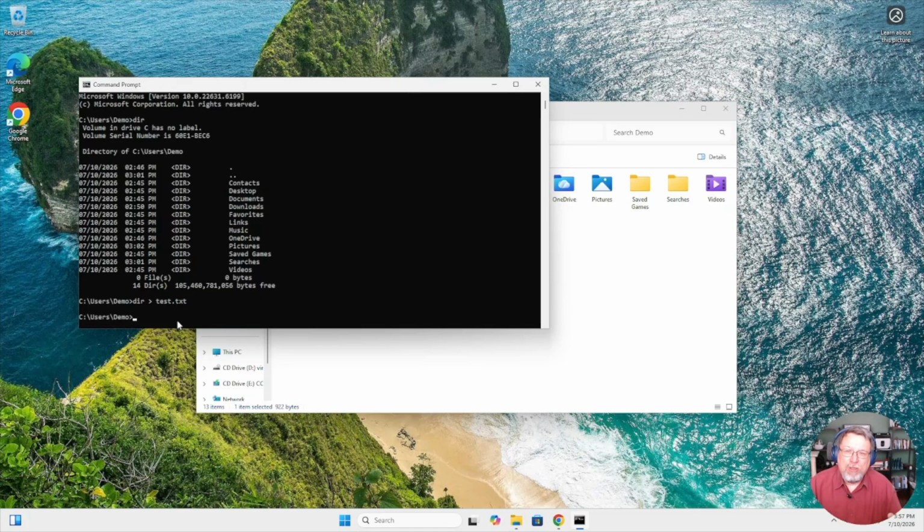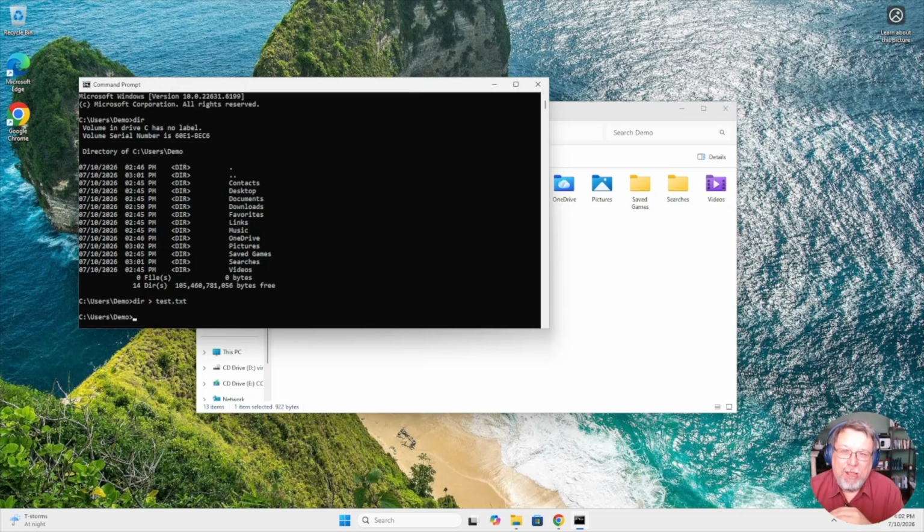Everything you do in the computer is based on issuing a series of commands. In this case, show me the directory, followed by write it to test.txt. The command prompt, though, really only excels at doing one command at a time. A programming language specializes in doing commands in series, which is what we're going to look at next.